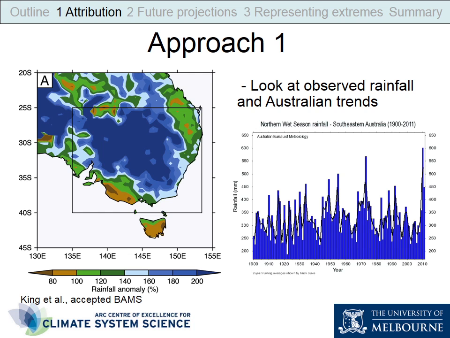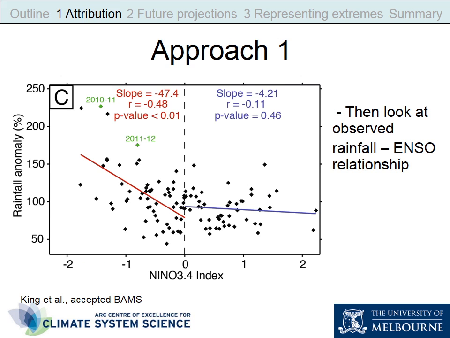So the observations, that's what I have here, a picture of rainfall anomalies for southeastern Australia, and then a time series for the Bureau. And these both show that it was certainly a lot of rainfall. And then we can look at the observed relationship between ENSO conditions and what's going on with Australian rainfall. And these are our wet years here, and we can see that once again the heavy rainfall is more commonly associated with the La Niña conditions, which is what we had during that 2-year period.